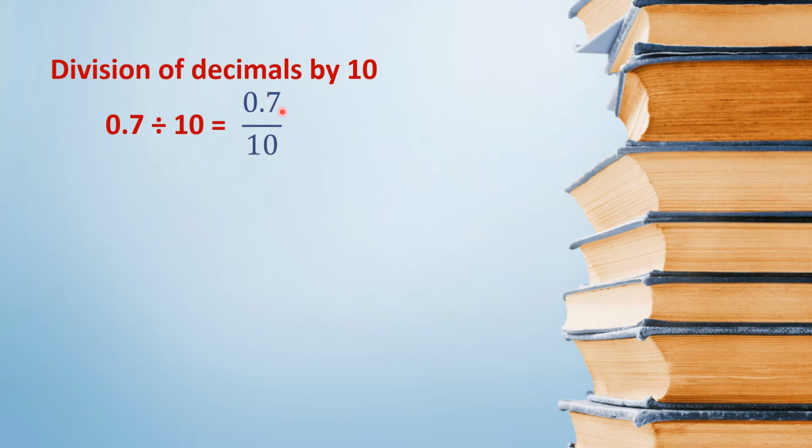We know how to convert a decimal number into a fraction, and 0.7 equals 7 by 10. It means it can be written like this, 7 by 10 multiplied by 10, because 10 is already here. So 7 by 10 multiplied by 10 equals 7 by 100. Now we can convert this fraction into a decimal because the denominator is 100. That's why we will put the decimal after two digits. So here there is only one digit, so we will put a zero, and our decimal number will be 0.07.